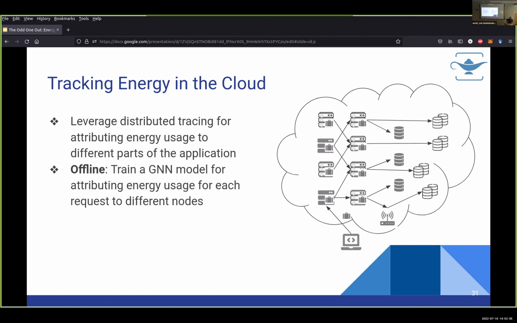The next thing we have to consider is that we can't take live energy measurements. The only option that we are left with is going for a modeling approach. So now the question becomes, what does a model look like? The model has to